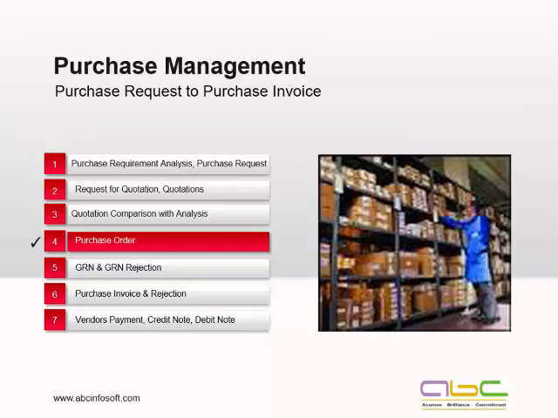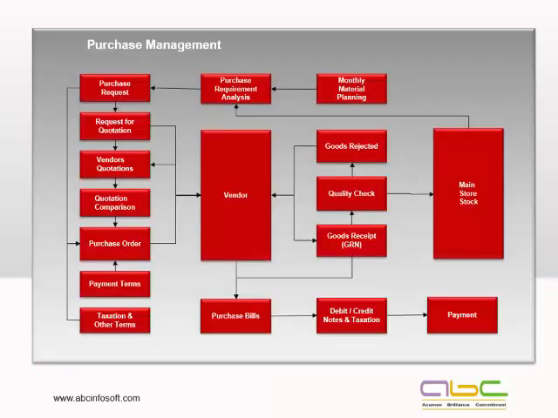Now I'm moving on to the third module, which is my procurement or the purchase module. We start again with the flow of it. We're starting here with the purchase requirement analysis. As I told you earlier, my information for this would be coming from my monthly planning. With the monthly planning, I can find out what is my requirement of materials for various categories for this particular month. Plus, I have got stock in hand coming from the store itself.